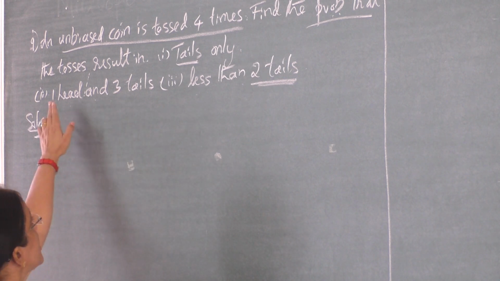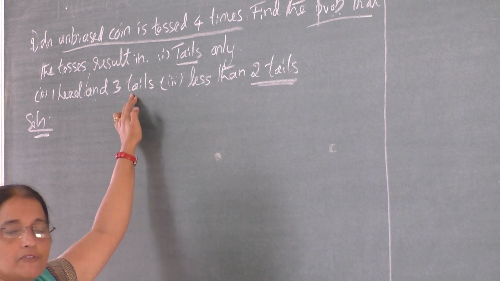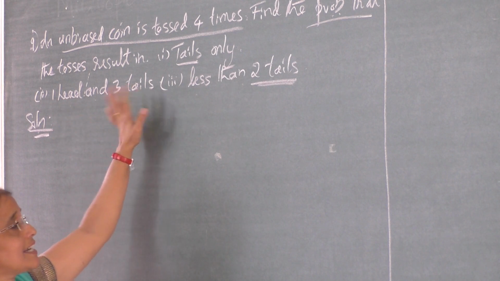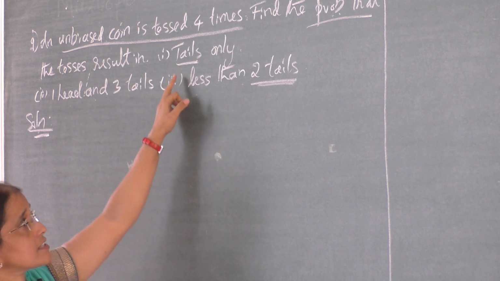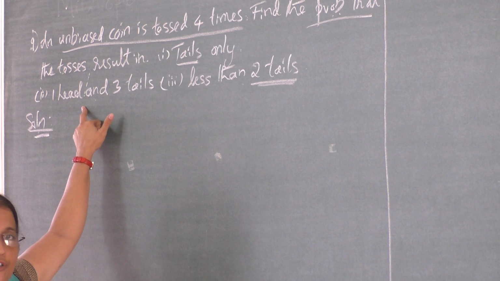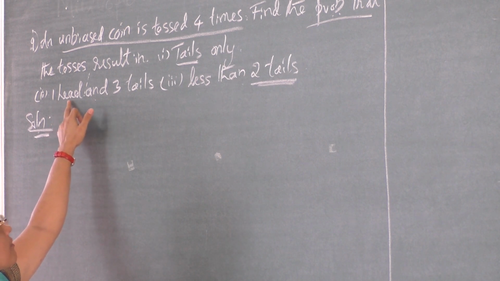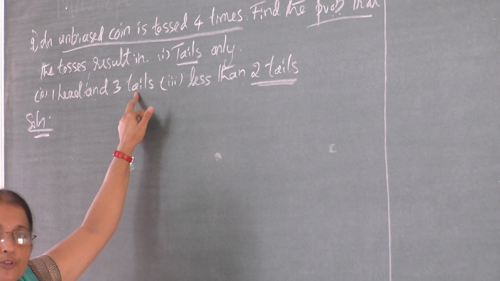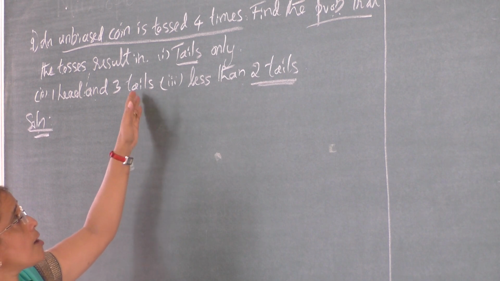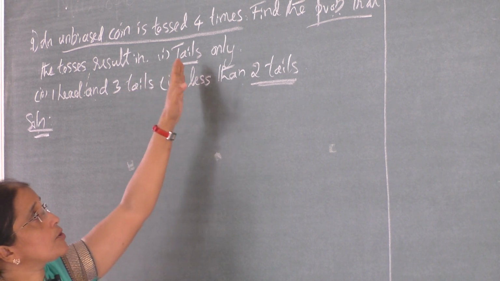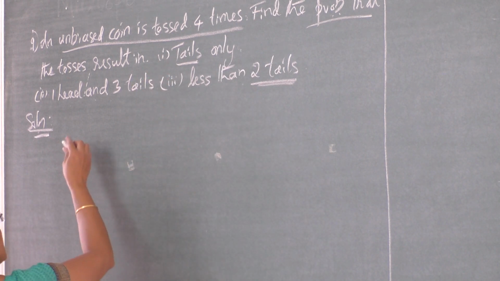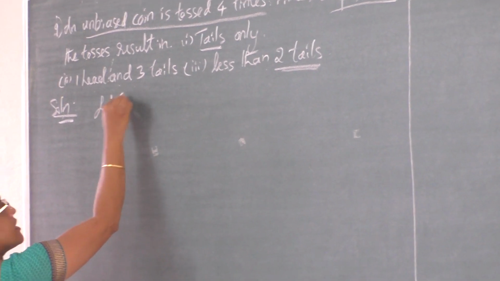So here instead of writing 1 head and 3 tails, we can write it as either 1 head or 3 tails. That's enough. Since the first and second questions are dealing with tails, for the second question I am going to write probability of getting 1 head and 3 tails is equal to probability of 3 tails, so that now it is possible to define a common term, a common factor in all the 3 questions, that is tails.